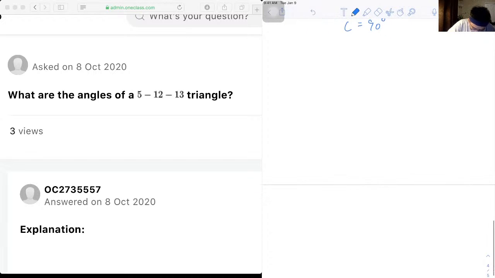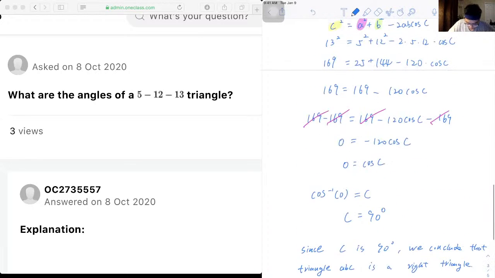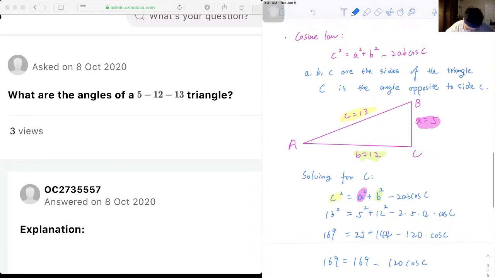And since C is 90 degrees, we conclude that triangle ABC is a right triangle. Okay, so go back to our diagram. C will be 90 degrees right here. Okay,